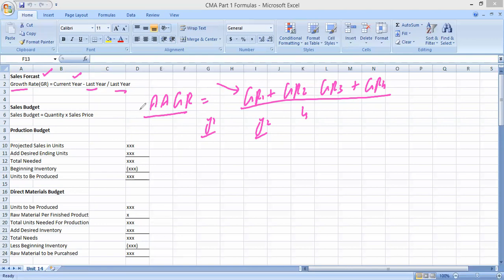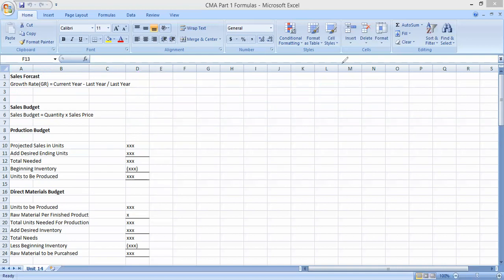Of course, we consider some other factors as well. I cannot rely 100% only on the annual average growth rate. This is not the only factor. Other factors we also have to consider, like economic conditions, competitors, so many other factors, to consider what your sales volume will be. So here we are just discussing the formula list. For the complete topic, we'll upload other videos.